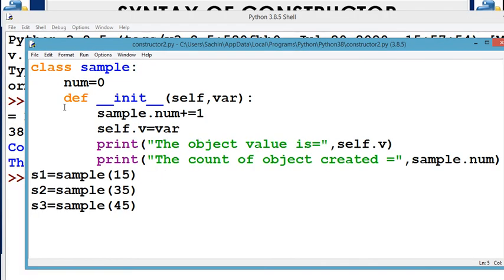In this example, the class name is sample and we have created one class variable, that is num. What we are going to learn in this example is how a class variable can keep count of the number of objects created. When objects are created, it shows how many times the constructor is executed. When does the constructor execute? When you create an object, the constructor is automatically executed. So how many times the constructor executes, how many objects are created here,